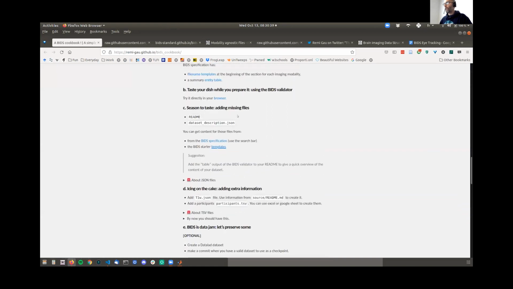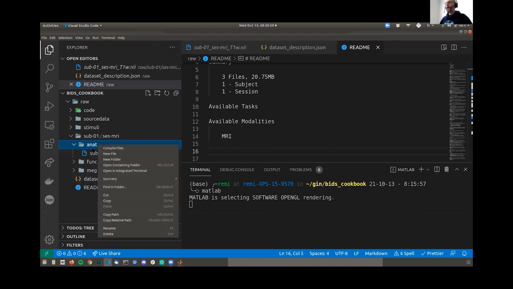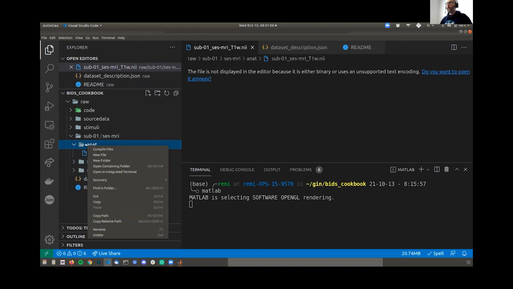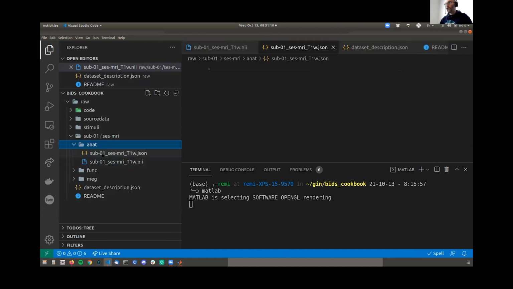We adding the missing files. Oh, yes. So we can add some metadata to that file. So the idea is that every file in a BIDS dataset can have a JSON file that goes with it, where you can put information about that file, right? And it's all in a JSON format. So we're going to create a new file, and it's going to be a JSON file.